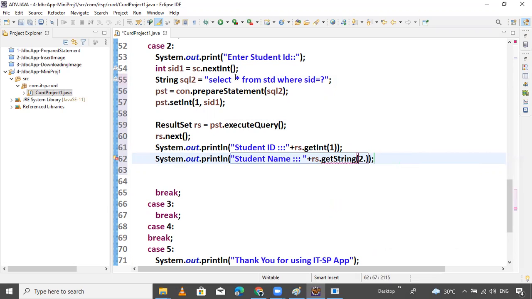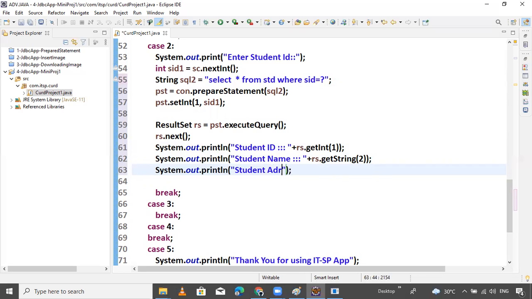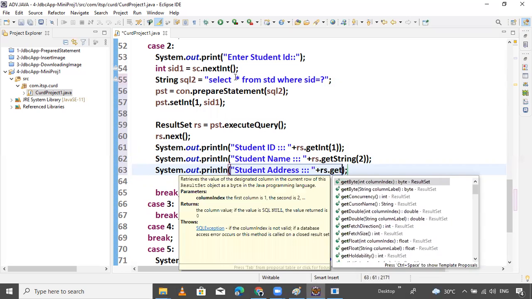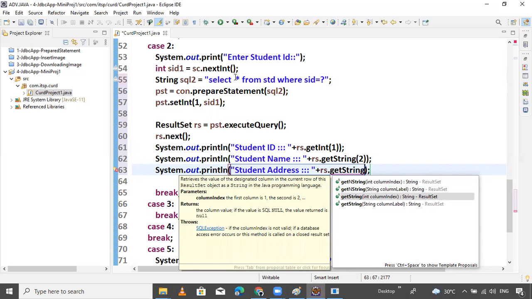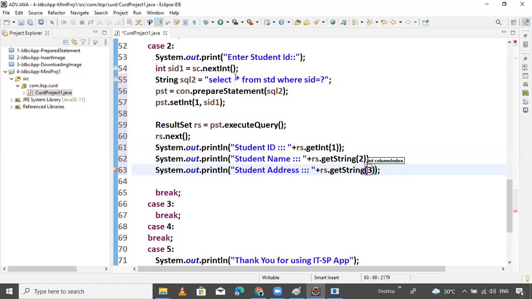Here some spaces are required, so let's pass the spaces. Next data is student address, plus rs dot getString method, passing the index 3.